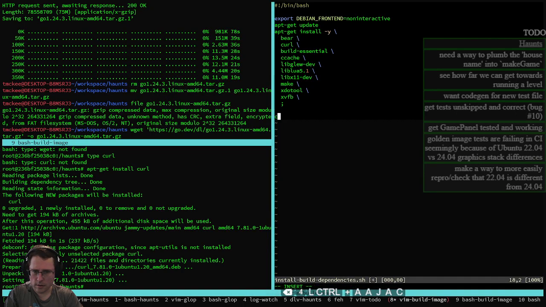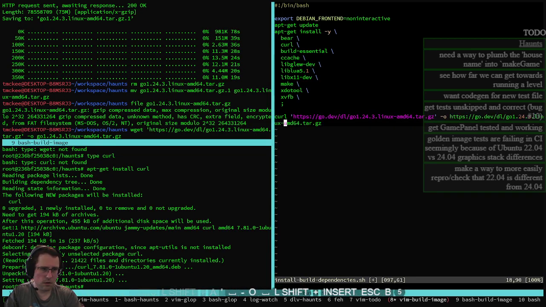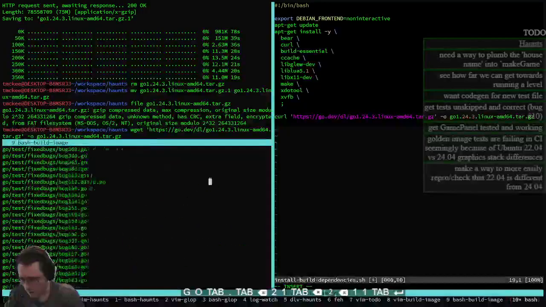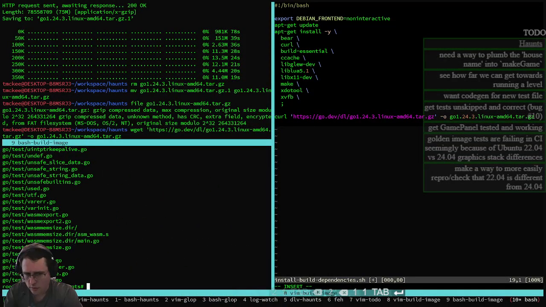It's really like curl this URL, and this needs the -o. Where does it put it by default? /go. So yeah,